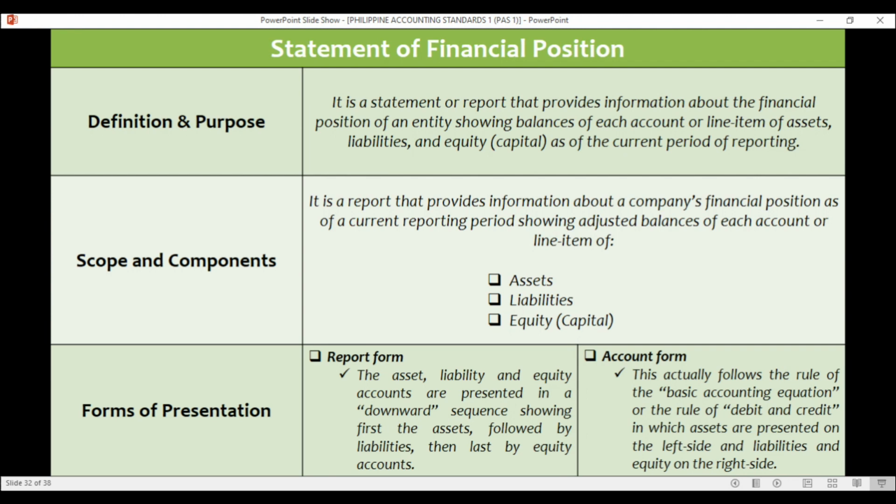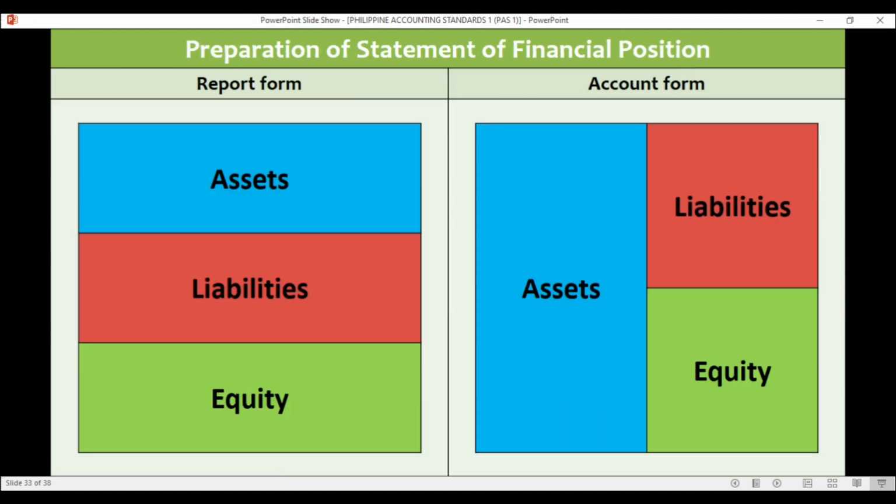Then for the account form, it follows the rule of the basic accounting equation, or the rule of debit and credit, on which assets are presented on the left side and the liabilities and equity on the right side. To illustrate, we have the report form like that, a 3-layer presentation,